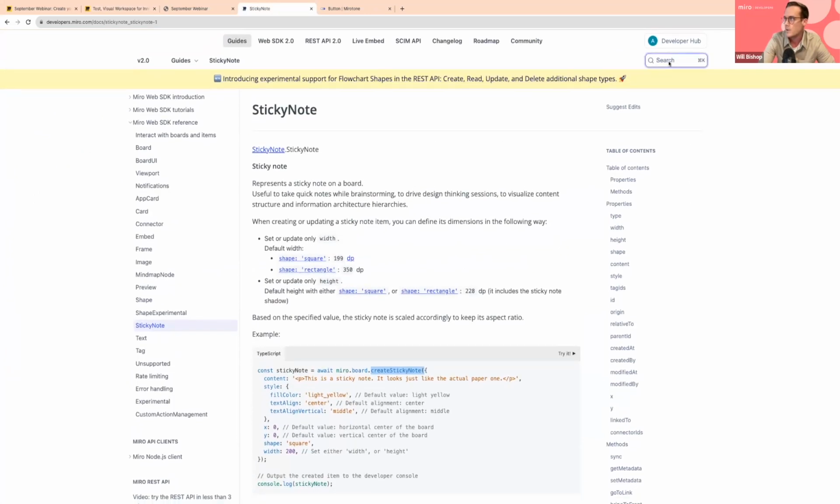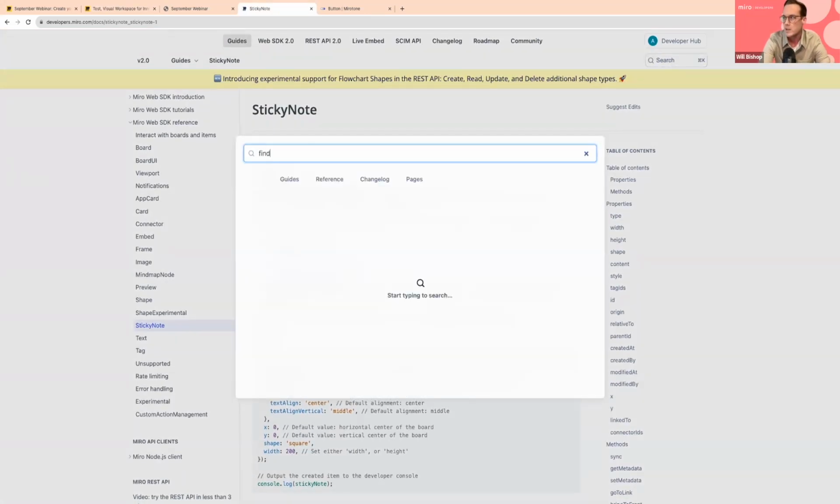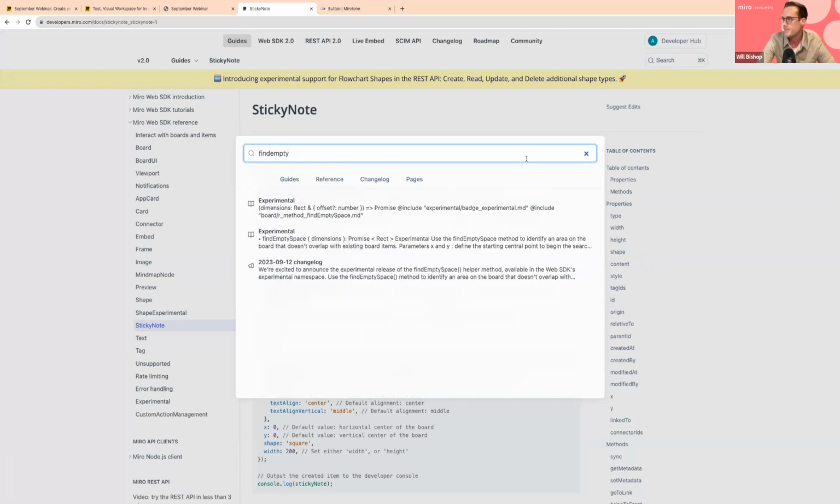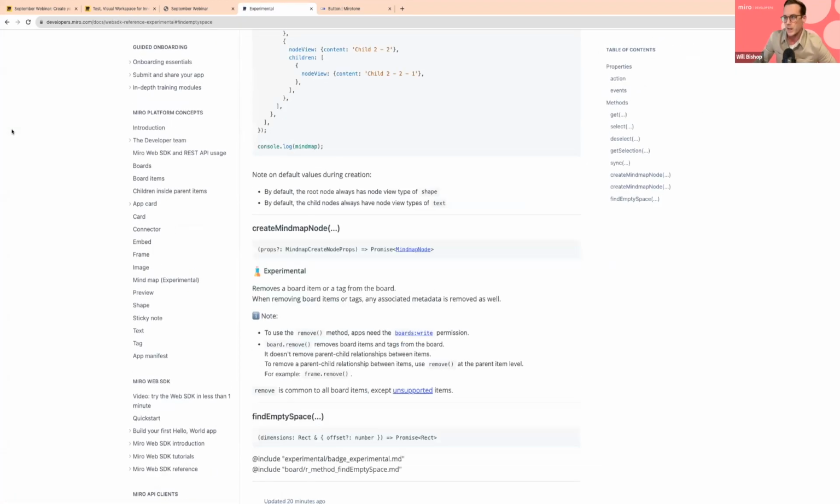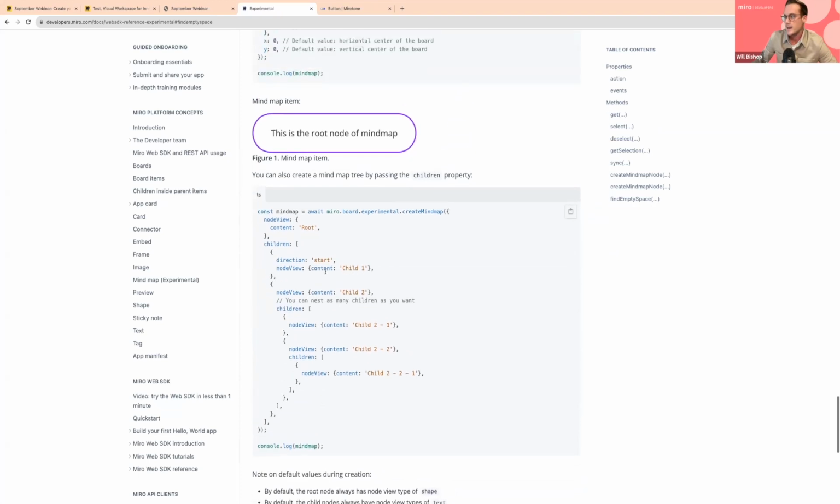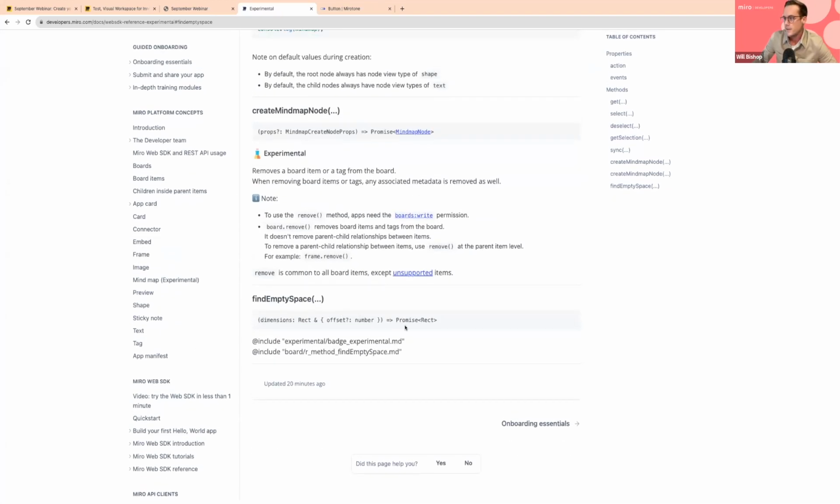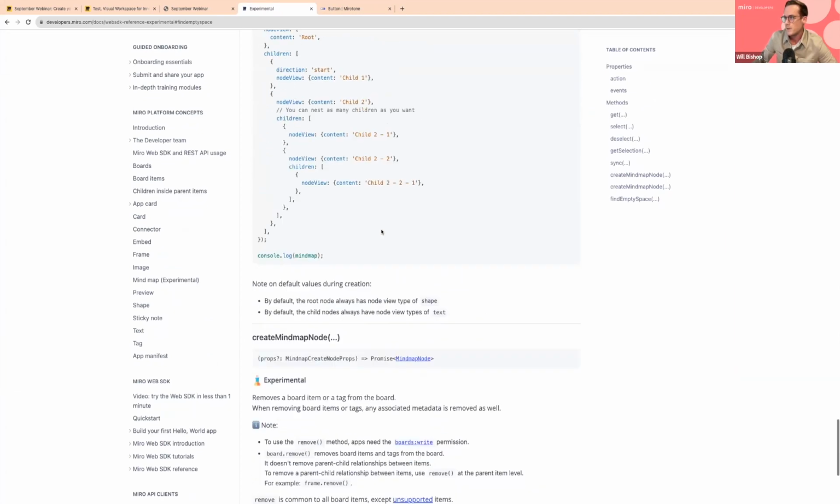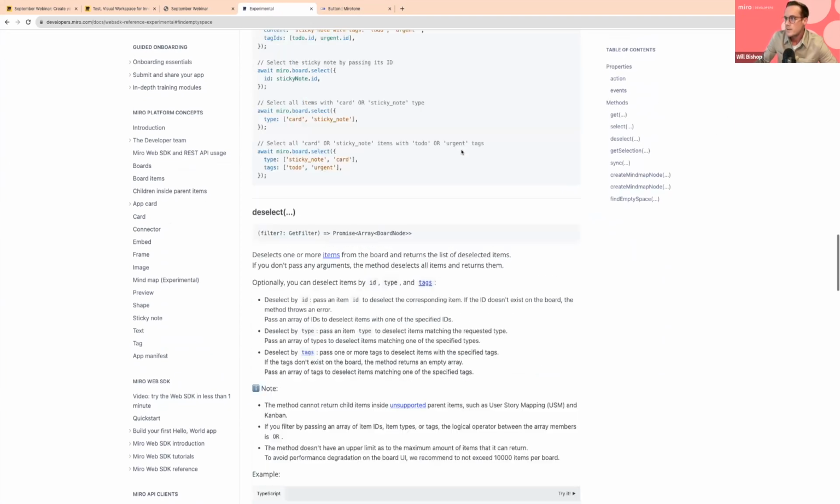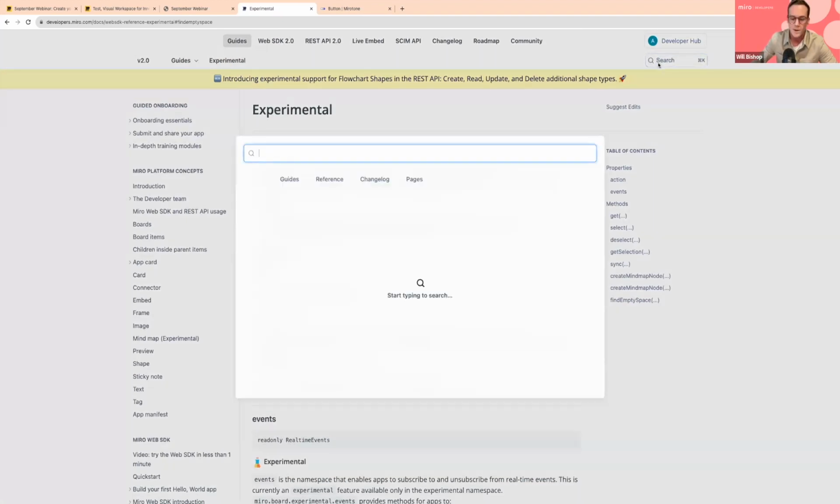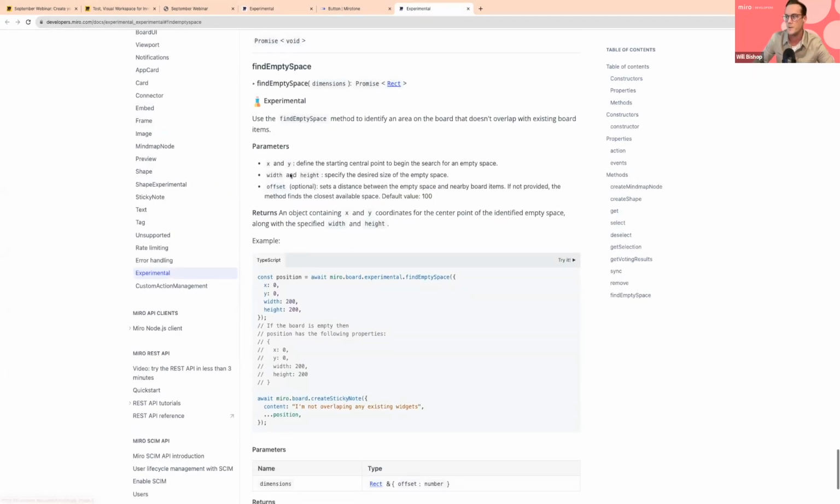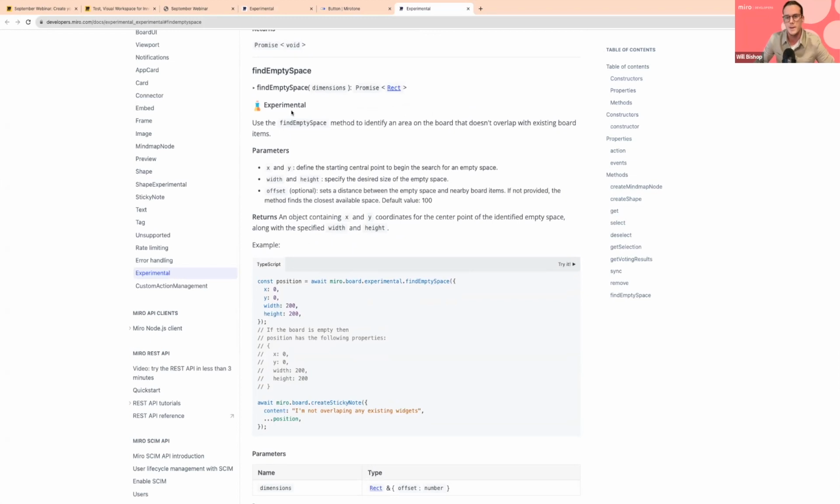It's an experimental method in our Web SDK, and you can find it in our docs by just typing in find empty space. And if you go here, it's going to bring you right to the relevant place in the documentation where we can actually go ahead and copy the code snippet from this. Let me just go back up here. Here we go. Okay, so you can see here it says experimental, and I just want to be very clear about this,